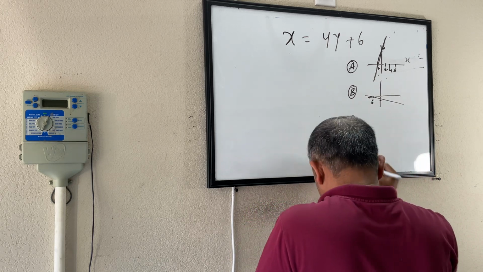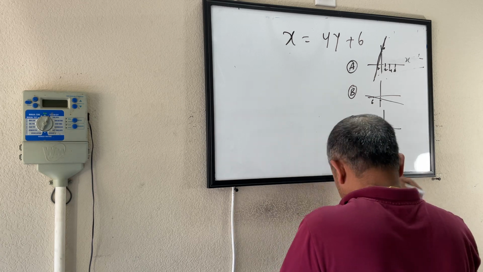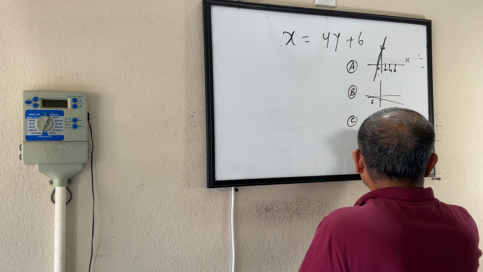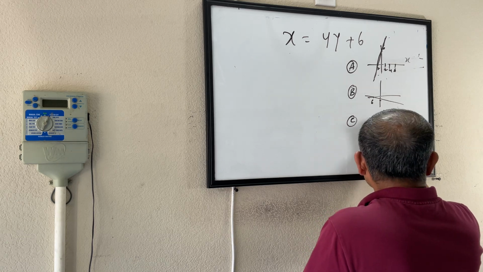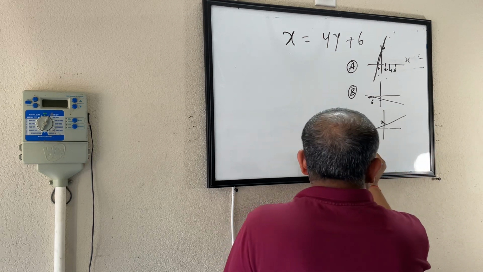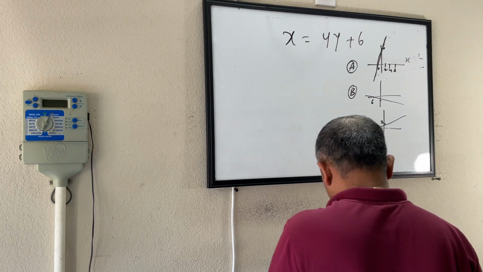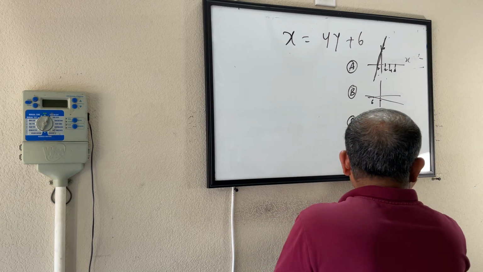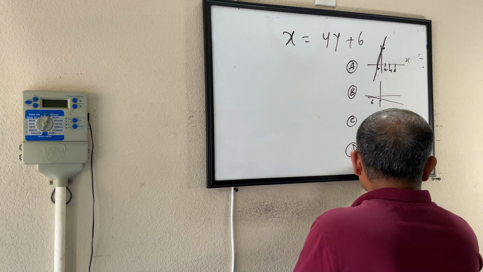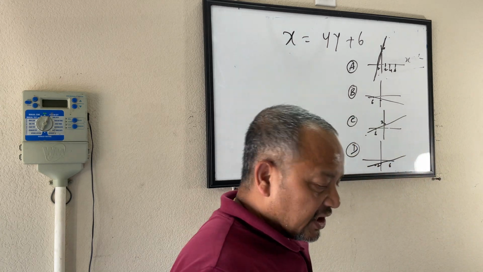Third one is here it is 6 and here it is 2. It goes like this. And the fourth one is this is 6, this is 2 minus 2, and the graph goes like this. So now,